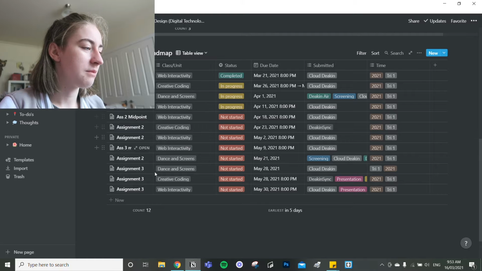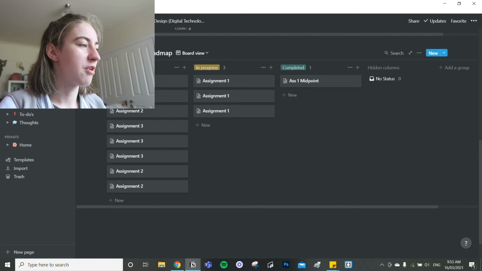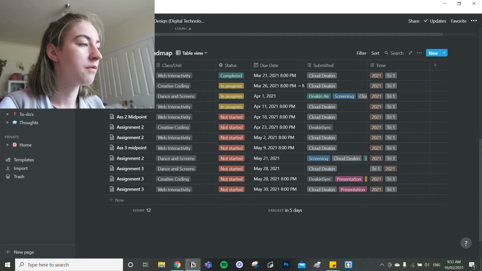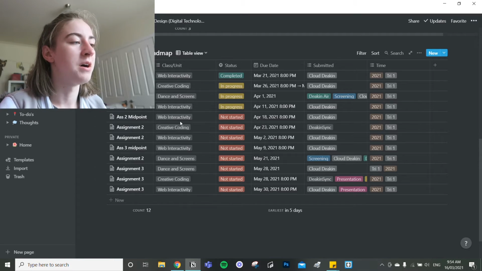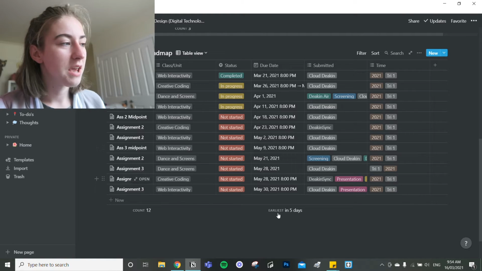So yeah, they are my units, and then we come down here, and this is my assignment roadmap. It can be in this board view, but I find the table the most useful because it can have multiple fields of information shown all at once.